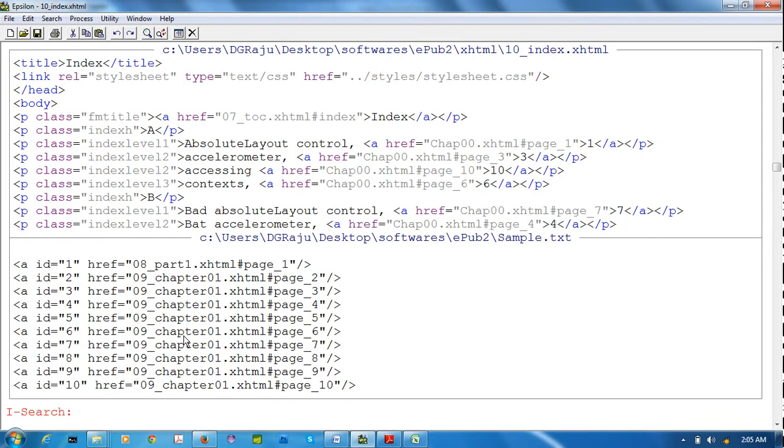I am searching with Control S, hash page underscore. After that, I am using control right arrow, not the right arrow. Why? Because if I give one right arrow, it will go after one, but not after zero. That's why I am using control right arrow. After that, control space means set mark, so we need not use the shift key for selecting. Then control left arrow will automatically select the content. After that, I'm copying it.